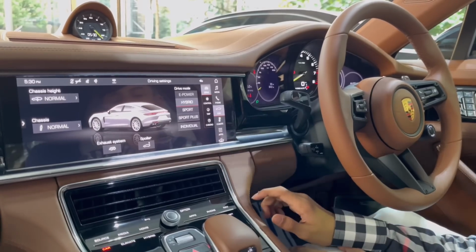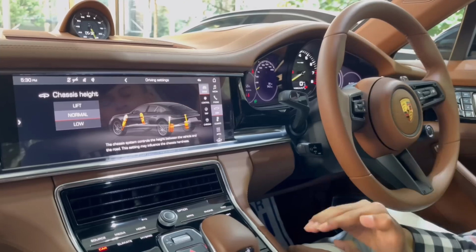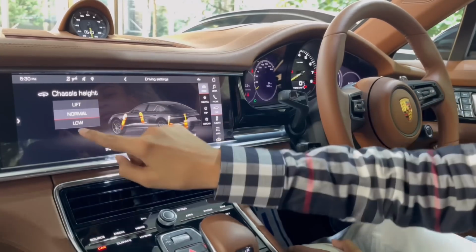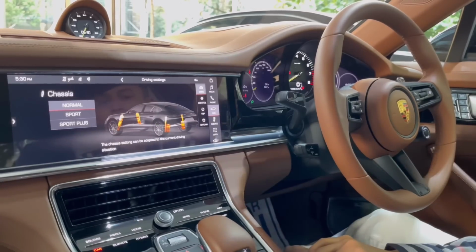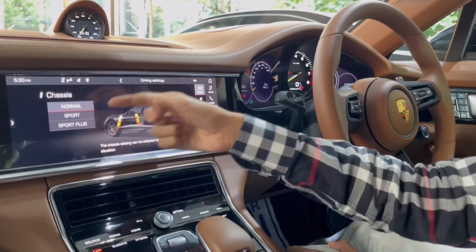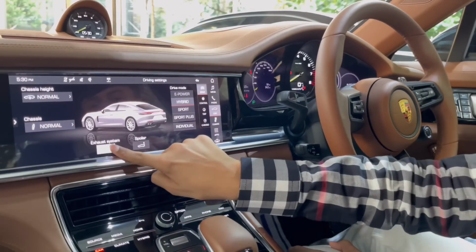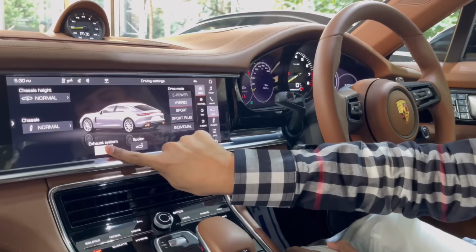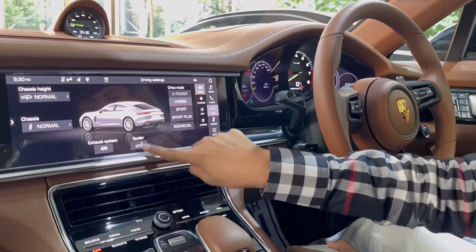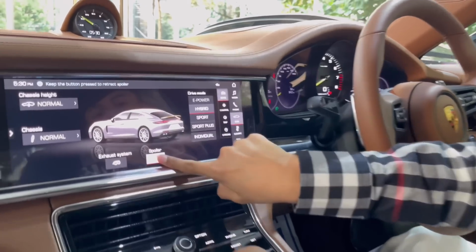Then you have your car settings. You can see the Porsche Panamera right there. So this is for your air suspension. So if you want it on low, lift, or normal. Then you have your suspension control. So do you want it in sport or sport plus, the dampers. Then you have the exhaust to be louder there, or the exhaust to be normal. This is for getting the spoiler up, it shows here, or getting the spoiler down